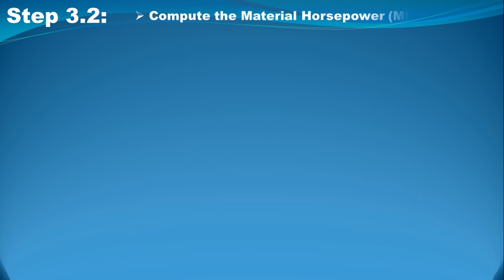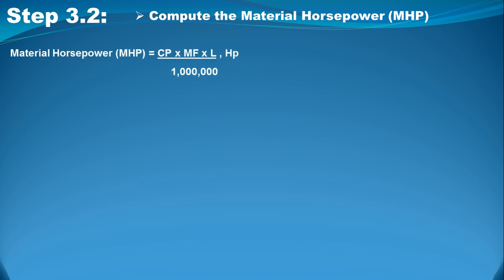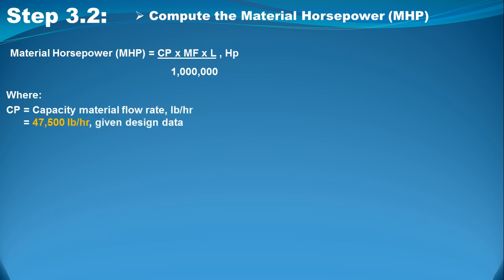Step 3.2 is compute the material horsepower, MHP. So material horsepower equals CP times MF times L divided by 1 million. So the resulting unit is horsepower, of course. CP is the capacity, the material flow rate. That is given already as part of the design data,